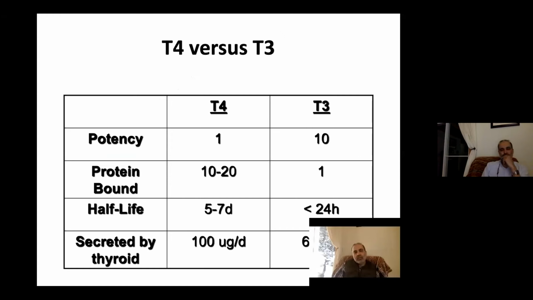If we were to compare T4 and T3, T3 is about 10 times more potent than T4. The binding of T3 is less, 10 times less as compared to T4. And because of the fact that this is more readily available, it has a shorter half-life. T3 is generally destroyed within a few hours of being released. And the half-life is less than 24 hours, which is why if we need to give replacement with T3, we have to do it